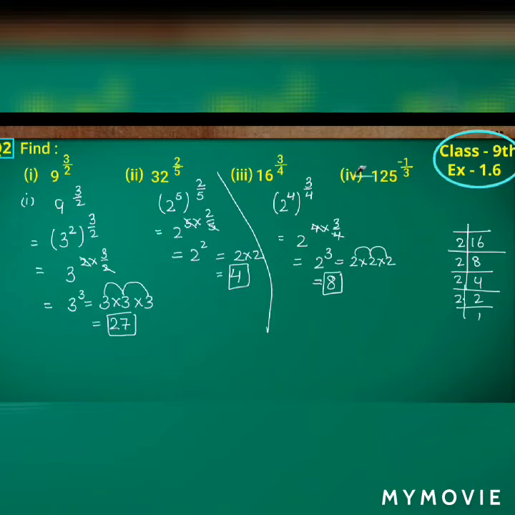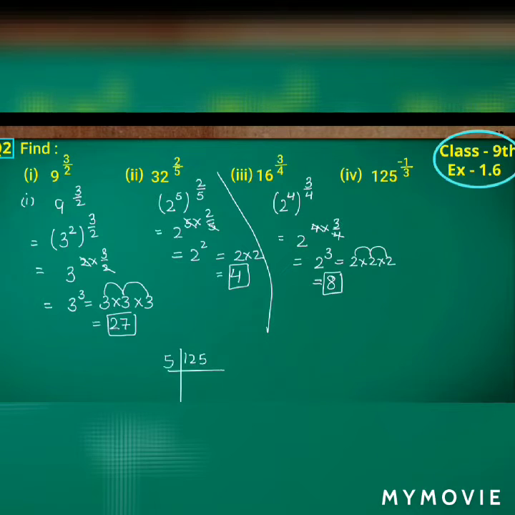If you observe the fourth one here, 125, we have already discussed it in the previous question. So 125 is exactly giving what? The exponent form of 125 is 5 power 3, isn't it? 5 5s are 25, 25 5s are 125. So how can we take this one? (5 power 3) whole power minus 1 by 3. So you don't bother about the minus power.